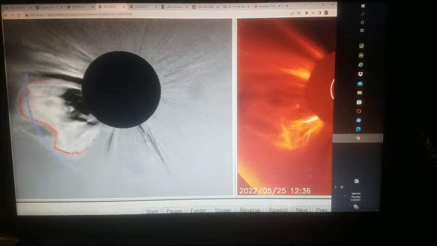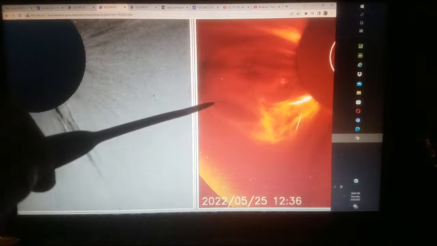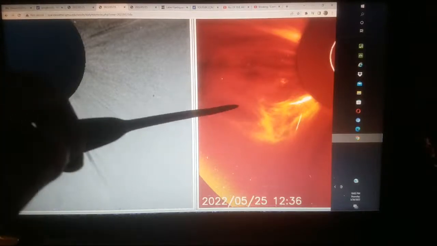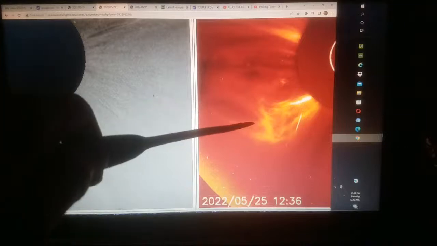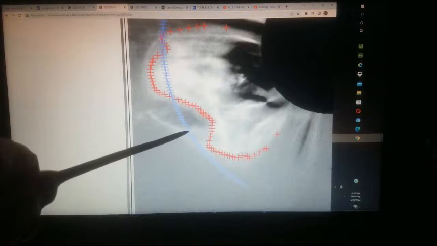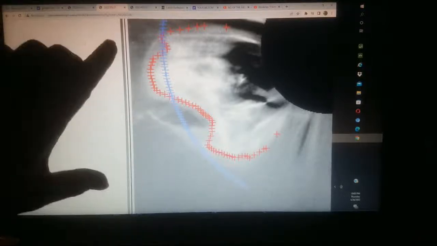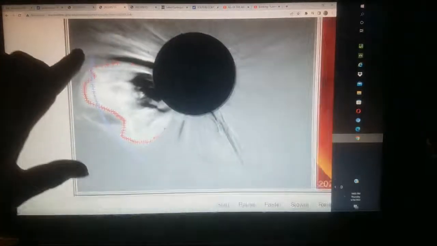Now here, you can see this saucer shape that I'm talking about. It's almost like the shape of an eye right here, with the top going over and one coming down below. And then here, you can really see how defined this edge is. Comes in, goes down below. There's a clear edge going across the top right there. The instrument's reacting to it, so that tells me that there's something there. It doesn't look round, it looks saucer shaped, and it's causing a CME. The instrument's reacting to it,